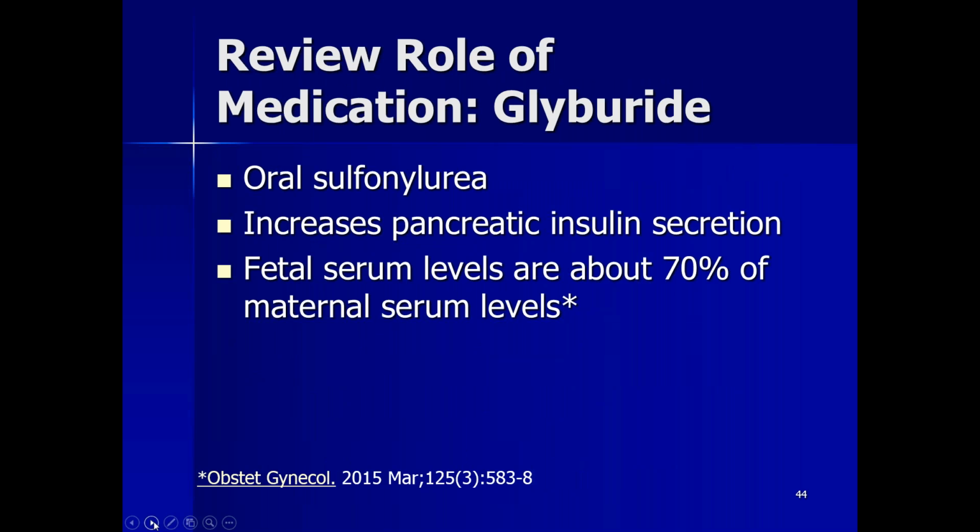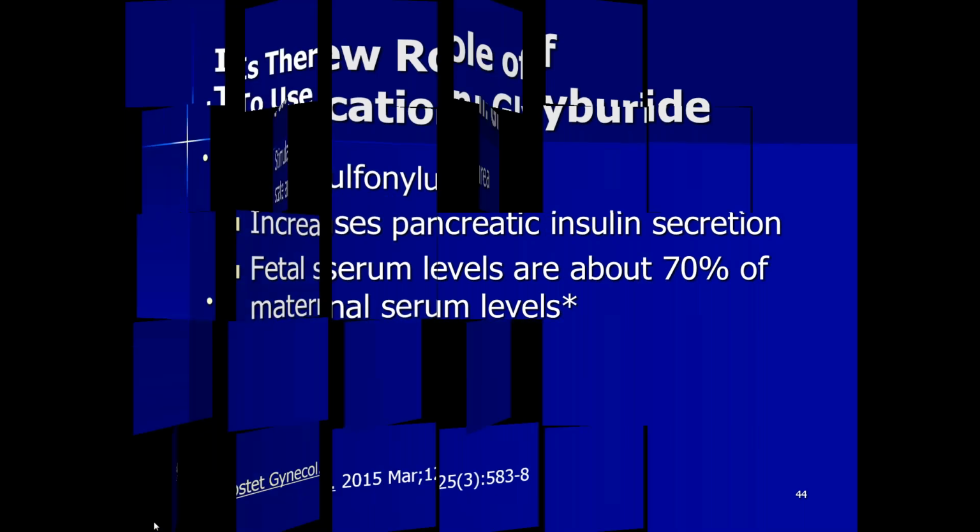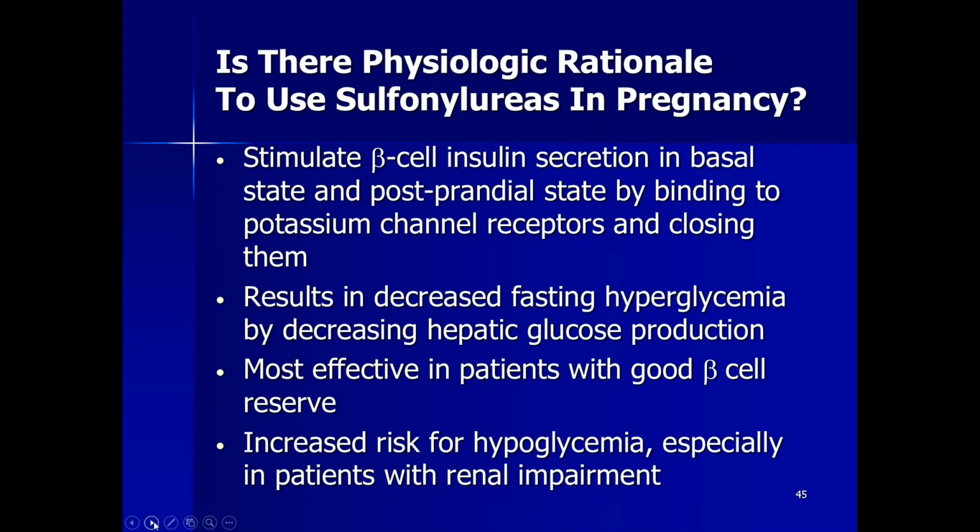Your pancreas, in the situation of gestational diabetes, is already pouring out large amounts of insulin, trying to overcome that insulin resistance, and the sulfonylureas essentially goose that secretion even higher. Fetal serum levels are about 70% of maternal serum levels for that. It does stimulate beta cell insulin in both the basal state and the postprandial state, decreases the fasting hyperglycemia very